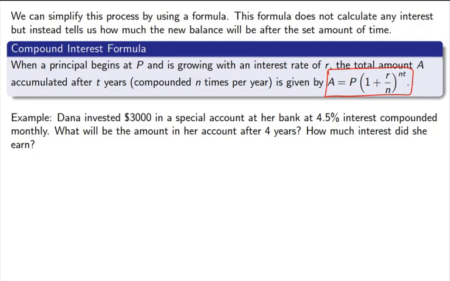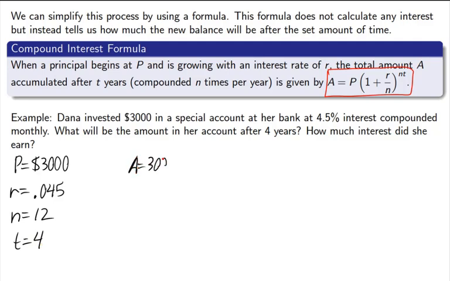So let's write down a few things. P is the $3,000. R is the 0.045 interest rate. N is the number of compoundings per year. So the problem said that it was compounded monthly. Well, how many months are in a year? 12. T is the number of years, and there's 4 years in this problem. So let's write out the formula. A equals 3,000 times 1 plus the interest rate divided by 12, to the